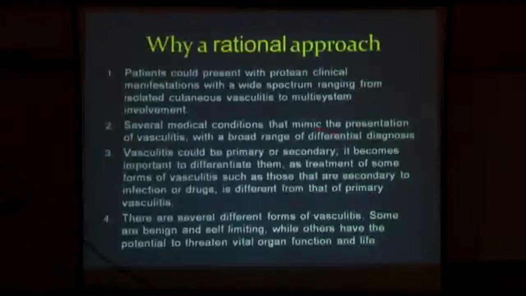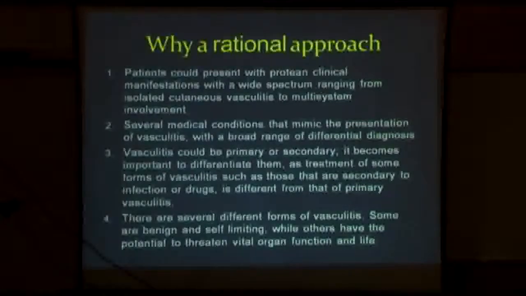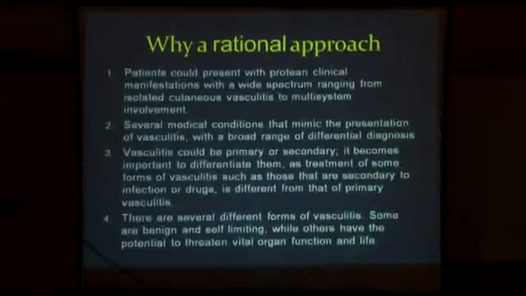Several medical conditions can mimic the presentation of vasculitis with a broad range of differential diagnosis. Vasculitis could be primary or secondary. It becomes important to differentiate them because the treatment will obviously change. And there are several different forms of vasculitis. Some are benign and self-limiting, while others have potential to threaten vital organs, particularly the limbs, particularly the lower limbs, leave alone other vital organs like the kidney and the lung. But the lower limbs themselves could be affected in such a bad way, the photographs of which I'll be showing